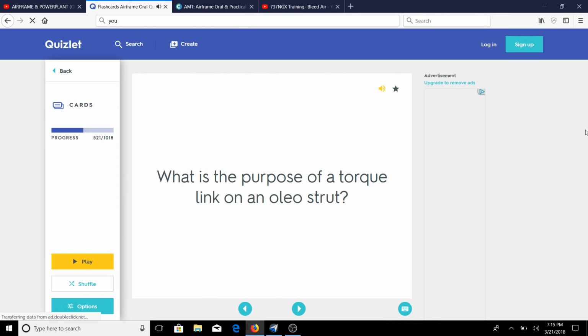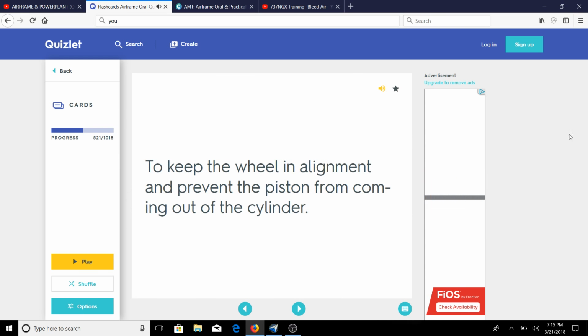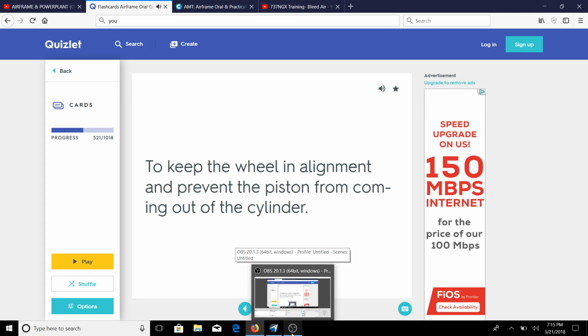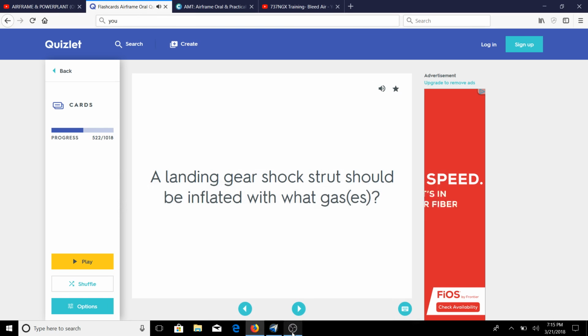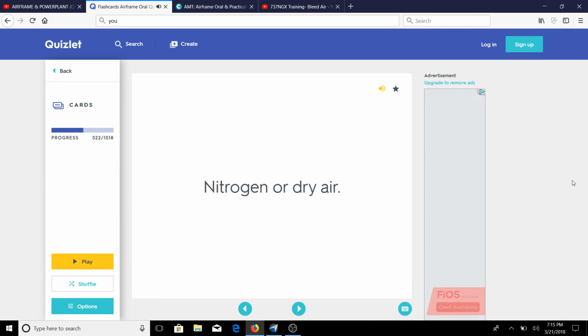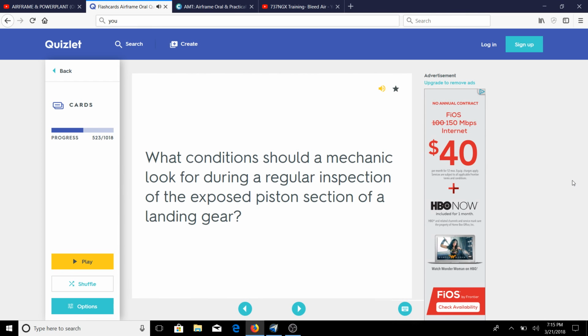What is the purpose of a torque link on an oleo strut? To keep the wheel in alignment and prevent the piston from coming out of the cylinder. A landing gear shock strut should be inflated with what gas? Nitrogen or dry air. What conditions should a mechanic look for during a regular inspection of the exposed piston section